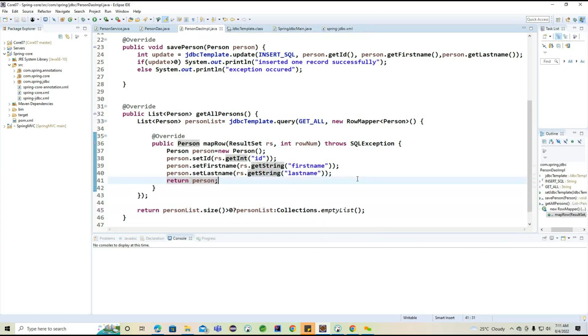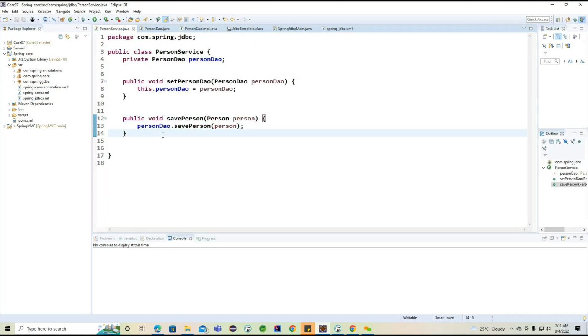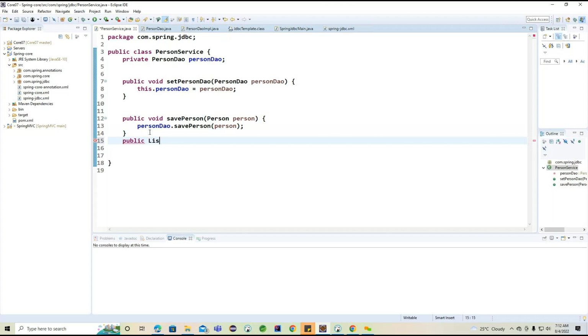Now you can see what I'm doing here. Whatever we provided here, if the person list size is greater than 0, we return this particular person list. Otherwise, we return this empty list. From where can we call this method? Inside this PersonService, we can call this method here. Now you can see public List of Person,